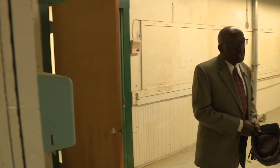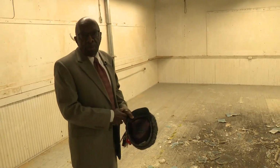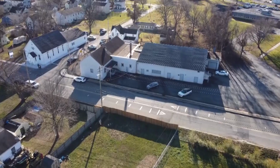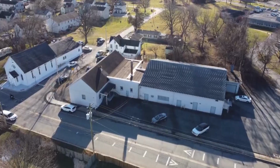I remember this room being the first grade when I started out in school. Charles Givens recalls when he was 6 years old. It was 1951 at Elkton Colored School. The teacher's desk was basically in the middle of this room. Givens is now an Elkton Town Commissioner and part of the years-long effort to turn his old segregated schoolhouse from